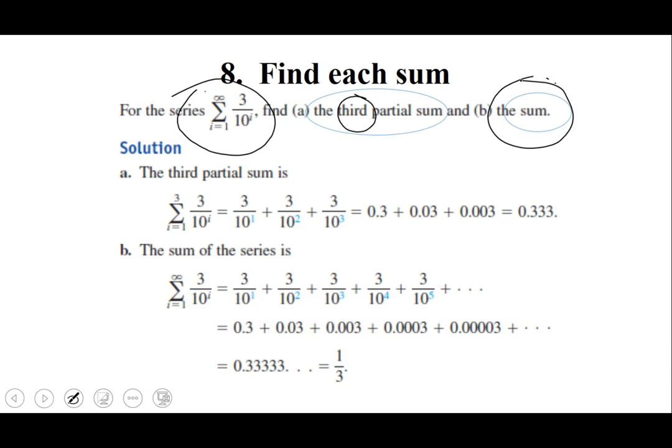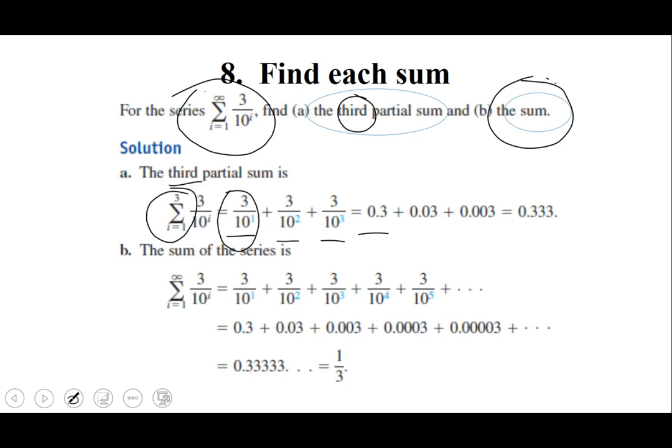So the third partial sum means that you should rewrite it as the sum from 1 to 3. You're only adding up the first 3 things. So if you're adding up the first 3 things, then in the function, you're going to plug 1 in, you're going to plug 2 in, and you're going to plug 3 in. Notice that the fact that the denominator is 10 is what makes this a very simple problem. You're really only going to be able to do these for problems that have a denominator of 10, at least for the time being. So when you divide 3 by 10, you should, of course, know that that is the